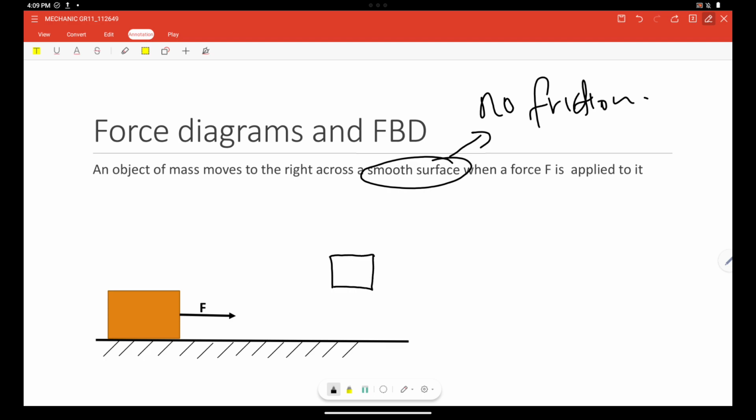Because it is in contact with the surface, I am going to have normal force perpendicular to the surface. I am going to have weight from the center of the object, so this will be weight. And as we see from the diagram, we are having a force applied. We draw the force exactly where it acts. So that will be the applied force, F, and we don't have any frictional force because they said that the